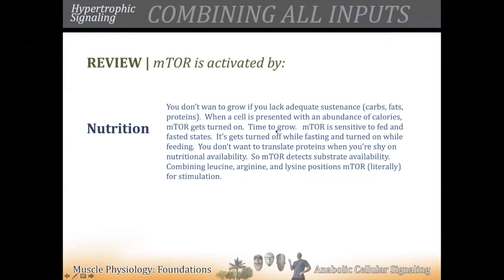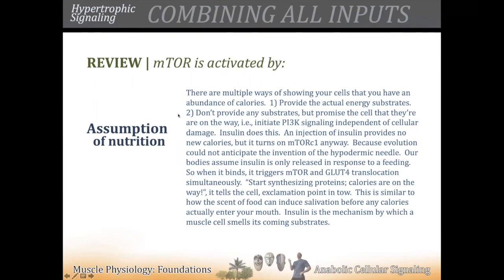You have to present your cells with adequate nutrition to stimulate growth, to say, hey, look, I'm giving you the resources so that you can spend. It's sort of a tax and spend. The government can't just spend money, borrowing from China or whatever, but the government's supposed to tax a bunch of money and then spend that money to repair roads and bridges and build new schools and stuff. So you need the appropriate nutrition, the assumption of nutrition, and that's where insulin comes in,